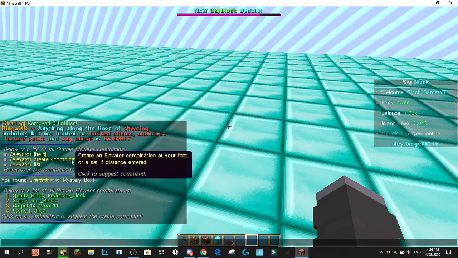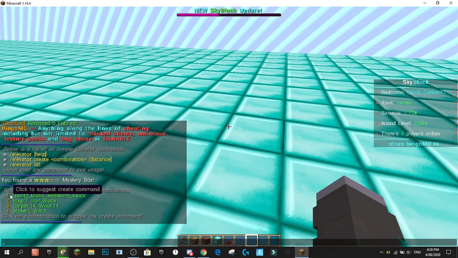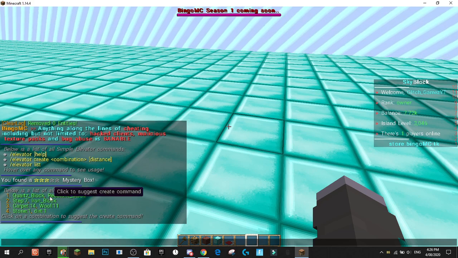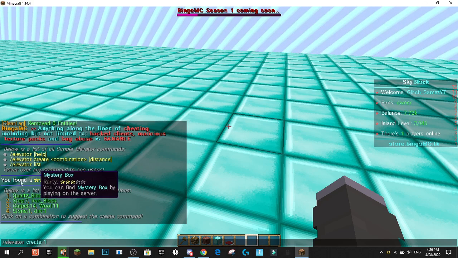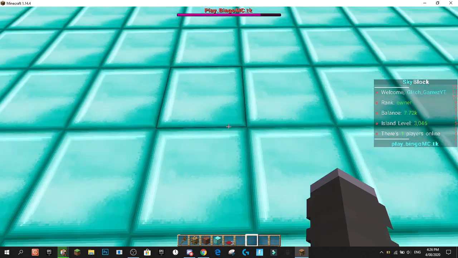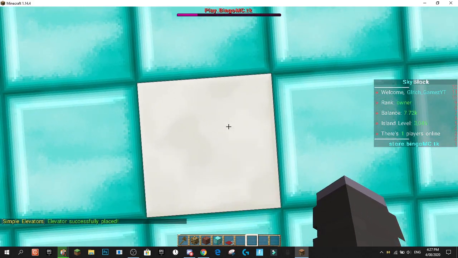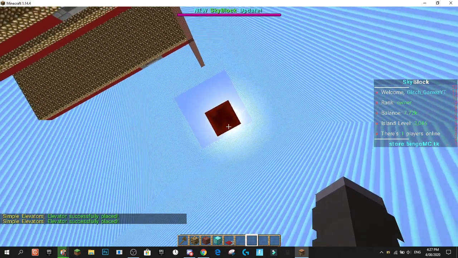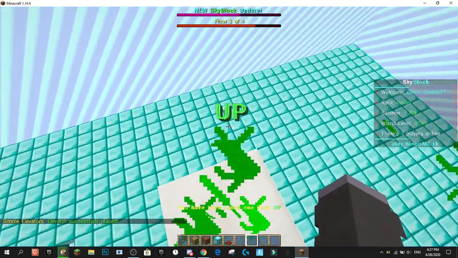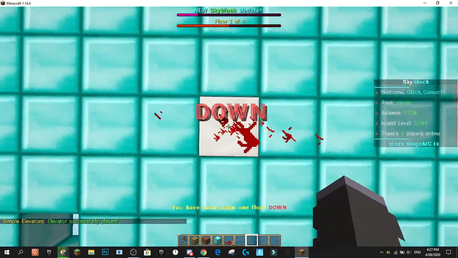So how you create it is you go combination then a distance, and these are the different combinations. This one here, the quartz redstone block, is combination 1. If we click on this, it'll go elevator create 1, and we can create it right there. So we've created the elevator there. We can do elevator 1, and we can create a level 1 up. And then if you go up, there you go. As you can see, up, down,